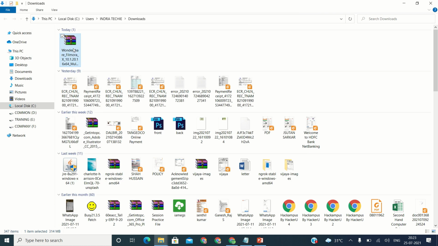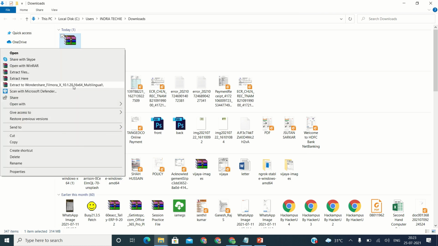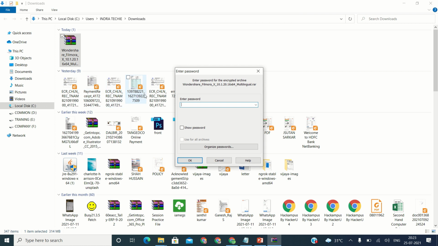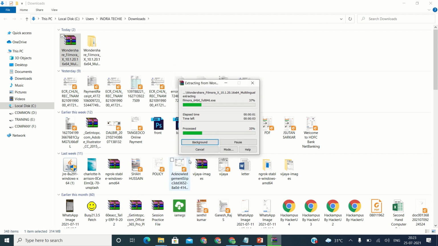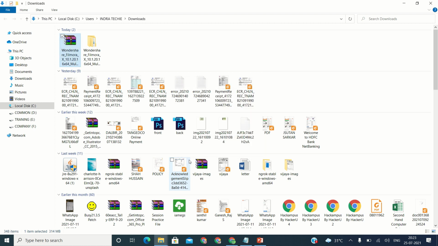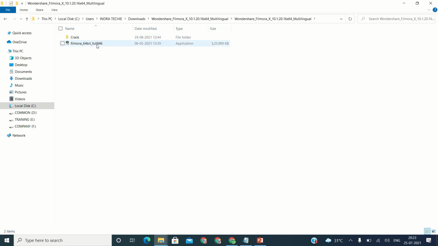Now just extract the Filmora. It is asking for password. The password is 123 and click OK. Now can you see here, this is extracted here. Just click on the extracted Wondershare, and this is the setup. Double click on the setup